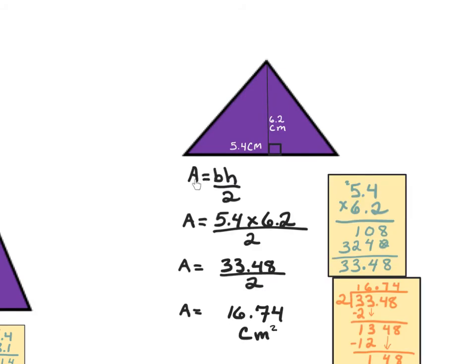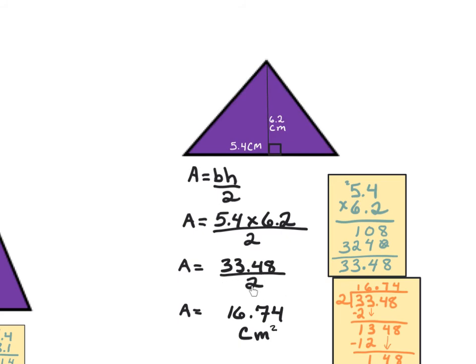And just like always, we're going to start with our formula, A equals base times height divided by 2. And then we just have to plug in our numbers, right? So I've got A equals, my base here is 5.4. So I drop my 5.4 times my height, which is 6.2. So plug in the 6.2. Then that all gets divided by 2. Now I did my math right over here, 5.4 times 6.2. And that gave me a grand total of 33.48. So I plug that in right here, and I've got A equals